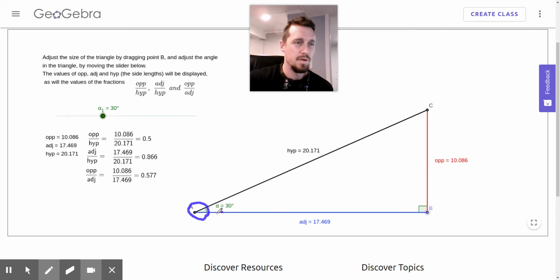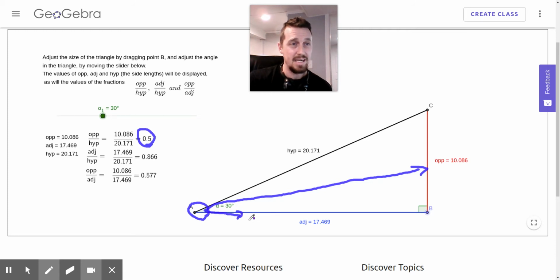Okay. So if you give me a 30-degree angle, I can tell you, hey, if you go across from me, or opposite from that angle, and you compare that to the hypotenuse, that ratio is going to equal 0.5, no matter what. Or if you give me an angle of 30 degrees and you go adjacent to me, or next to me, I can tell you the ratio of the adjacent side, the length of that side, to the hypotenuse will always be